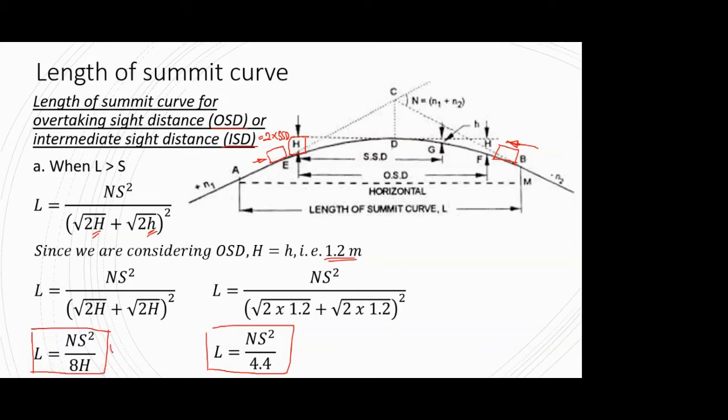Okay. So again, this equation you will use if you are not very sure what the height of the eye level of the driver is that you are going to assume, whether it's 1.2, or less or greater than that. And if you are sure, then you can go with this formula of L is equal to nS square upon, it's 9.6, sorry, it's not 4.4, it's 9.6. You can just work it out. You can see the calculations. Okay. So it's 9.6.